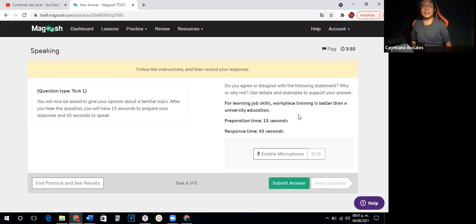Yeah, I agree with learning job skills in the workplace because you have a better environment to know some stuff. For example, in the university, you can't interact with the clients or users. You only know some stuff theoretically, like why you need to do this, or you need to do this code or something like this. In my case, I learned a lot in my work training because